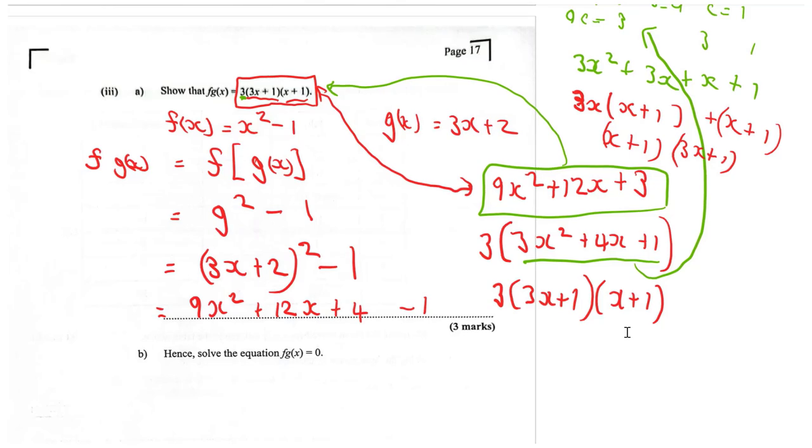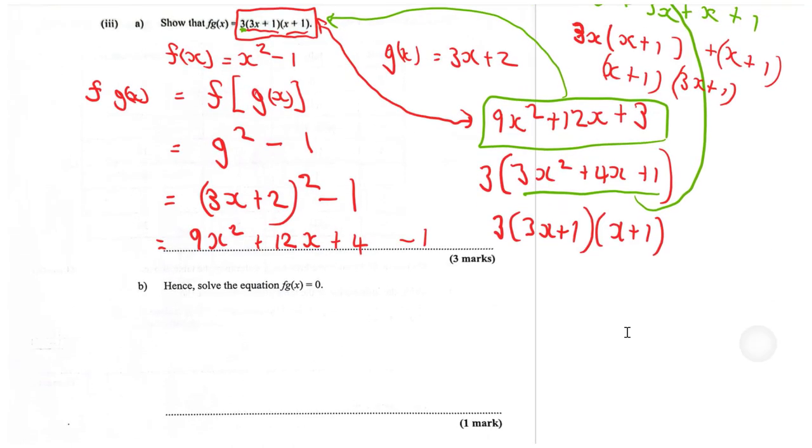Right? Let's move on to part b of the question. It says hence solve the equation f of g of x is equal to 0. Now notice that they say hence. Right? So therefore, we're going to use the result in the previous question. So therefore, in order to solve f of g of x equal to 0, I am going to set it to 0. So therefore, 3